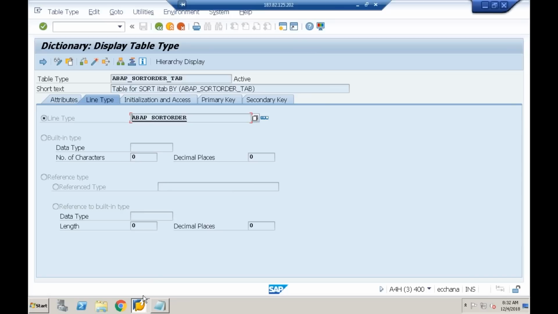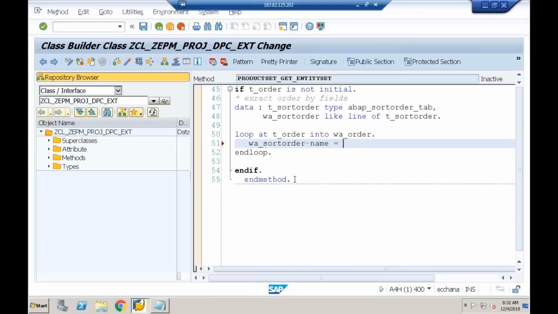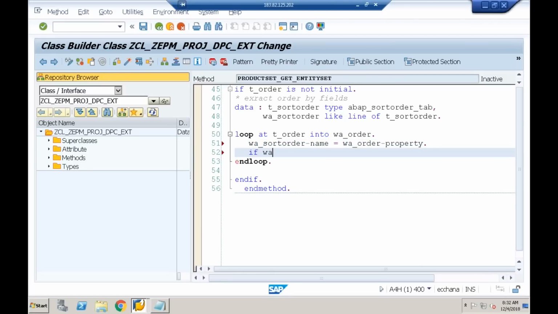So I'll say W_sort_order-name equal to W_order-property. Then assign it to name. Then what is the other field in the W_order? Order. So if W_order-order is equal to descending,